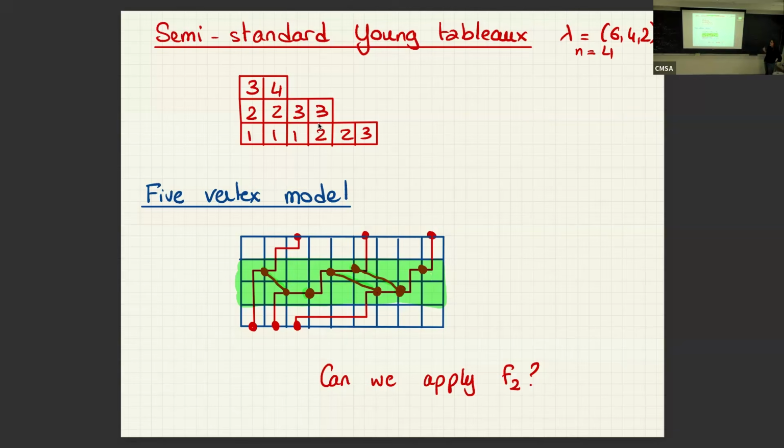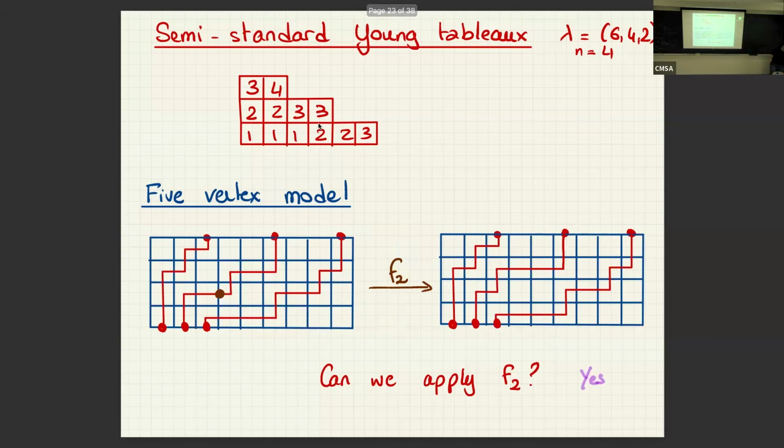I can apply f_2 if and only if on level i there is at least one step left alone, one that was not paired with anybody. I could have many of them; I choose the rightmost. This will always correspond to a corner on my path, and what you do is you flip. This means I can apply the raising operator, and I change this corner into this corner, and I get this.